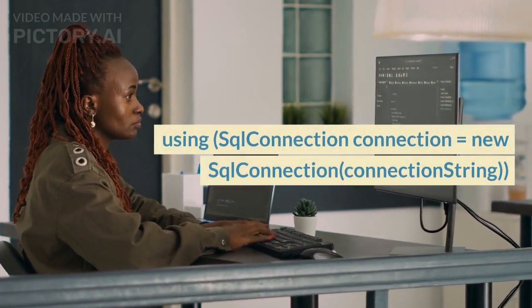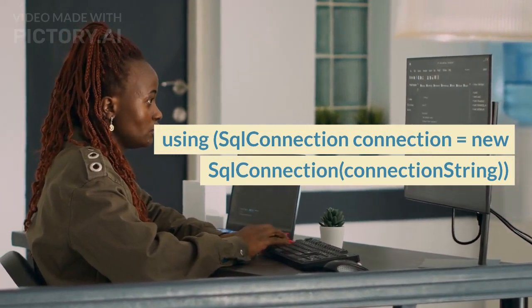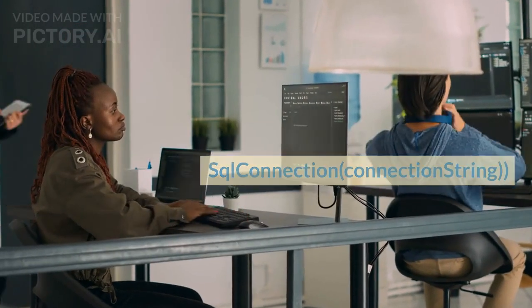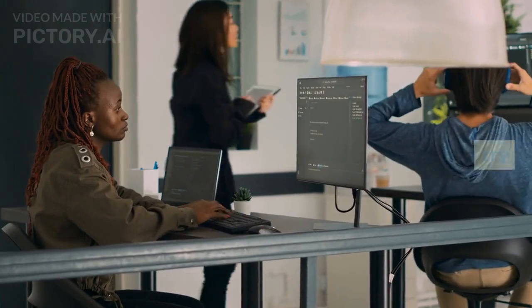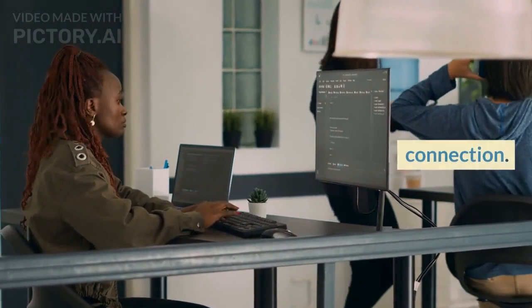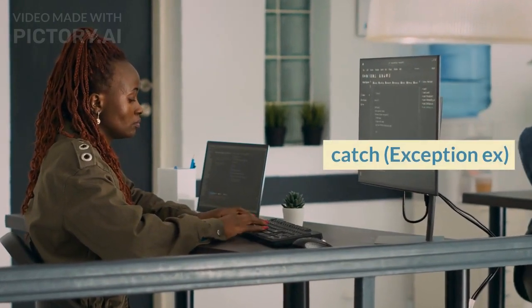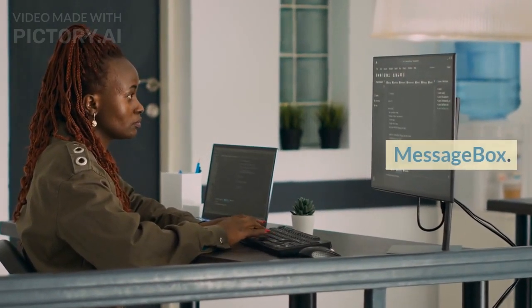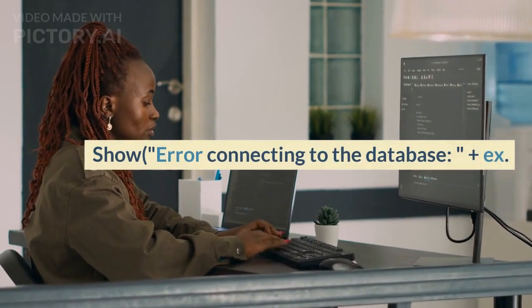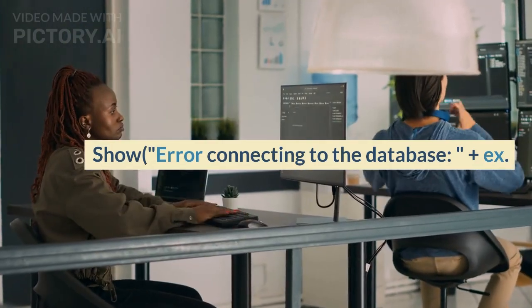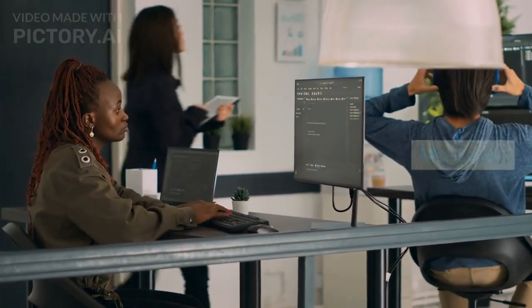using (SqlConnection connection = new SqlConnection(connectionString)) try { connection.Open(); } catch (Exception x) { MessageBox.Show("Error connecting to the database: " + x.Message); }